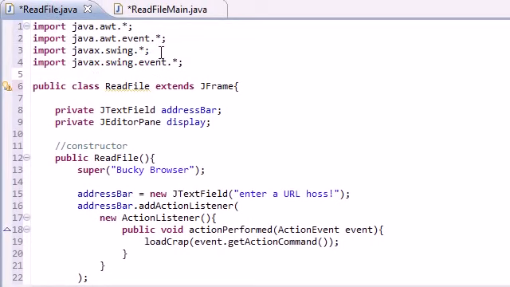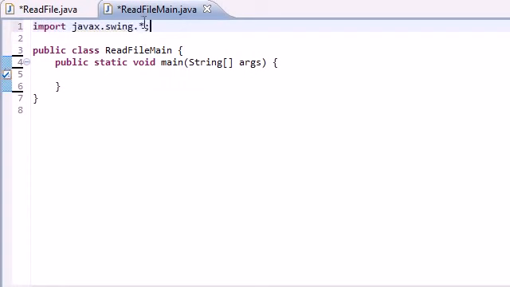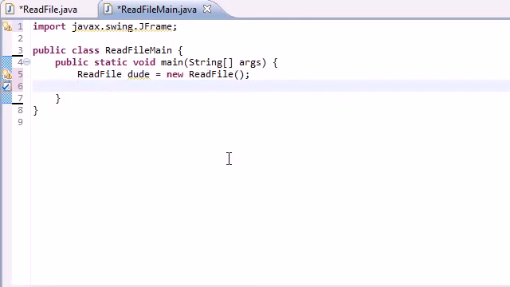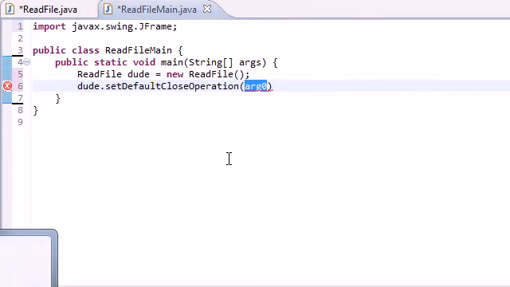Alright, so now the only import we have to make right here is... Actually, I'm going to go ahead and steal it. Swing JFrame, and this doesn't inherit anything. So what we need to do is just make an object from read file, and I'll name it something like read file dude, because it's like dude, read my file. So read file dude equals new read file. So now we can use everything in the read file class. So dude, set default close operation to